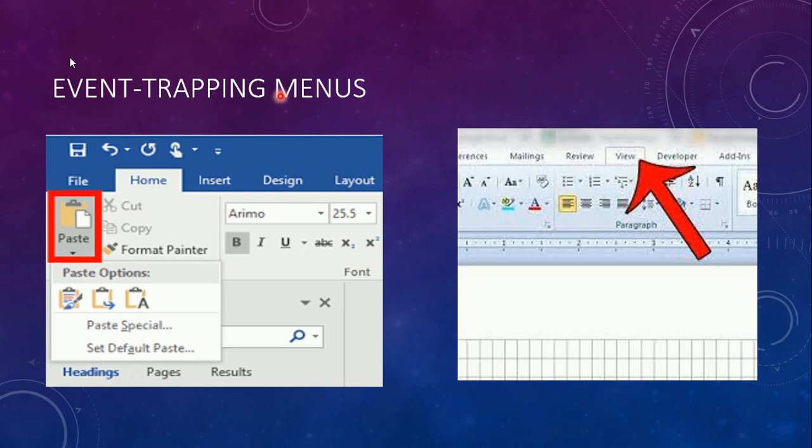Event trapping menus generally serve one of three functions. Let me tell the functions here. They may immediately change some parameter in the current environment. Maybe you may have seen a bold piece of text when you are working.